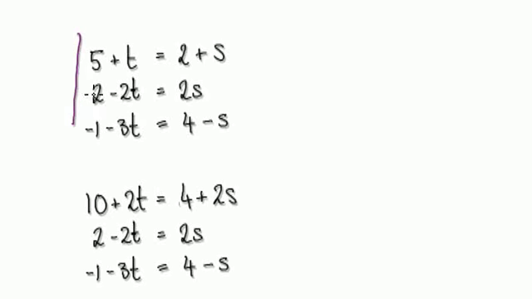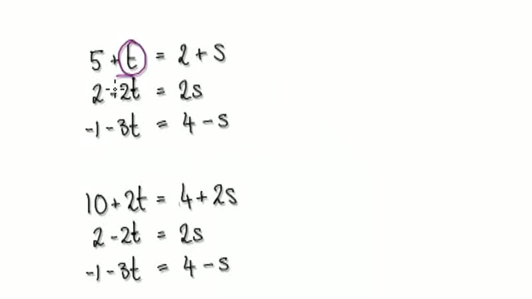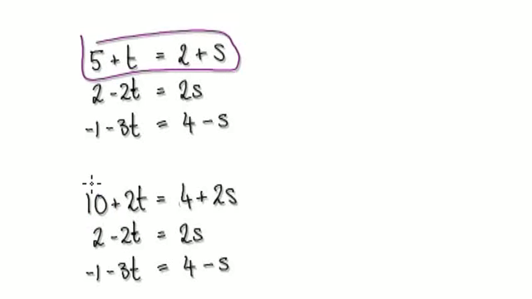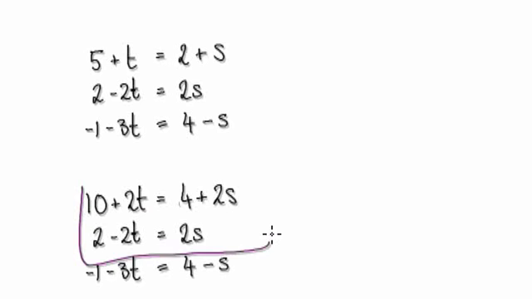So looking at this, you can see that if you want to get these two to be the same, times everything here by 2. So this will be 10. Well, times everything by 2, this thing here will become this. Okay. So this whole lot will take you to here. So now